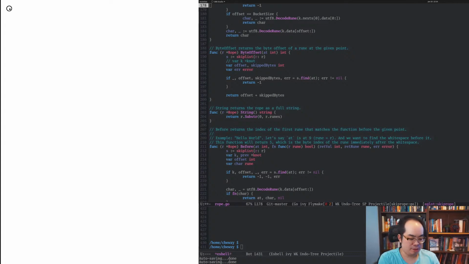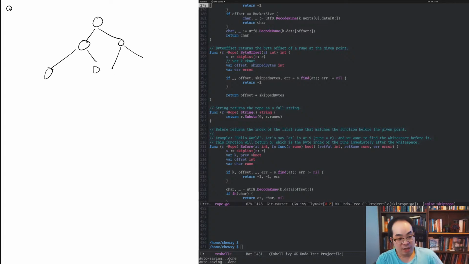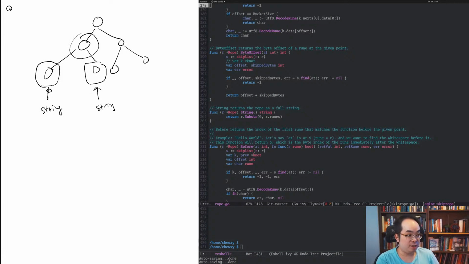So you have something like that, and each node here is a string itself, right? And each break in here is basically the point where you break your node, you break your long string up, and where you can insert things and stuff. I'm not sure if that's helpful, but that is what essentially a